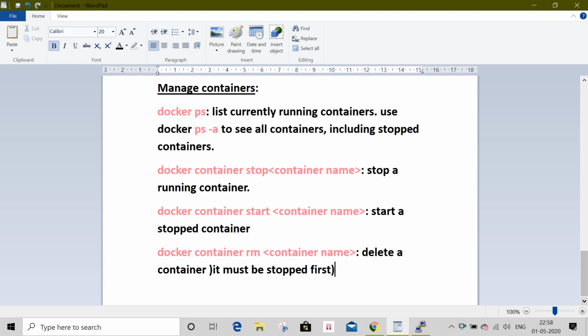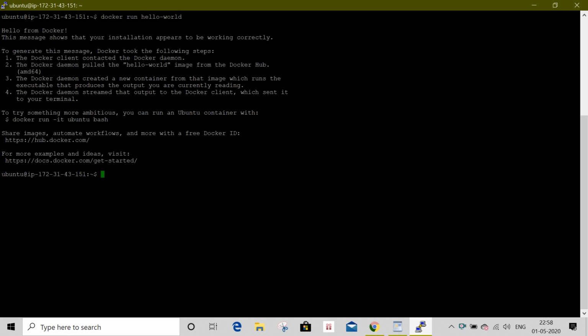Let us move on to the system. I will run a simple container using the hello world image. For this, docker run hello-world. The hello world image is running.